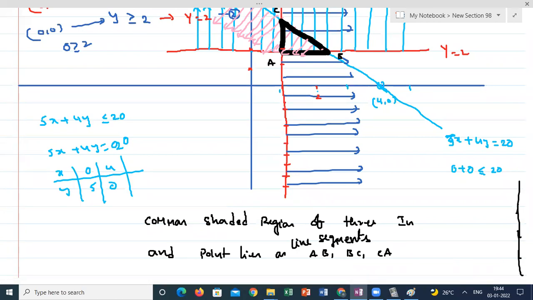Is it clear how to deal with the three equations? Is it clear, students? While you are solving in the exam, they will look at whether this A point, B point, C point are exactly the same or not. Only those points they will mention, and they will see below the line or above the line, and whether the graph is perfect or not. Is it clear? Does anyone have any doubt here?